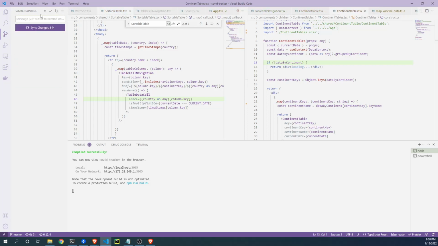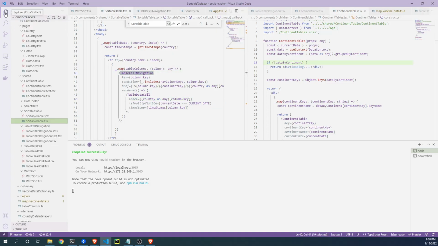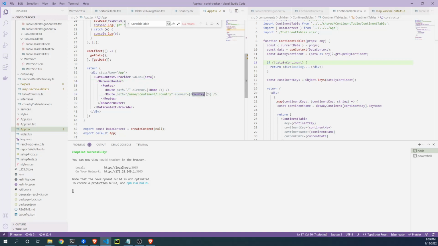Okay, so I'm having this table cell navigation, and now what? Let's see. Yes, let's see, what could we see? Now I just realized something. In the app, I have this country element. Country is specific. This